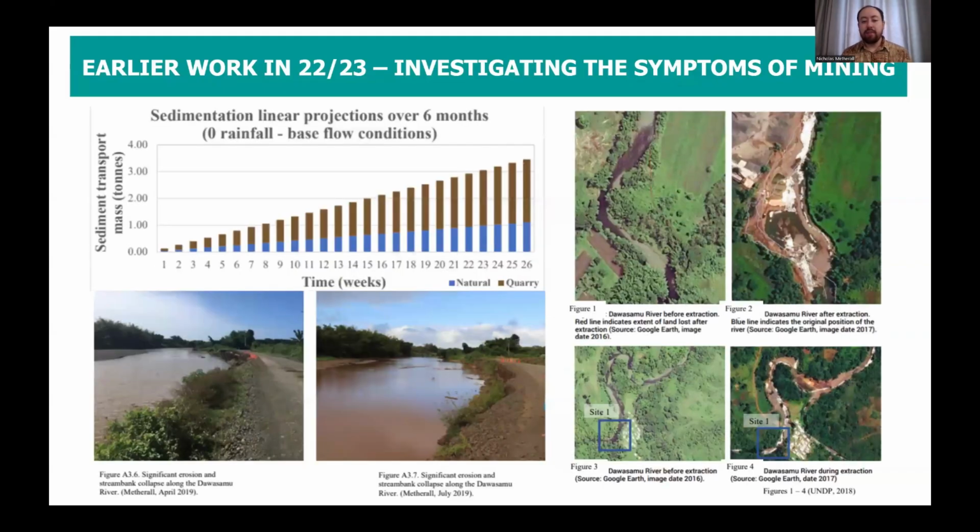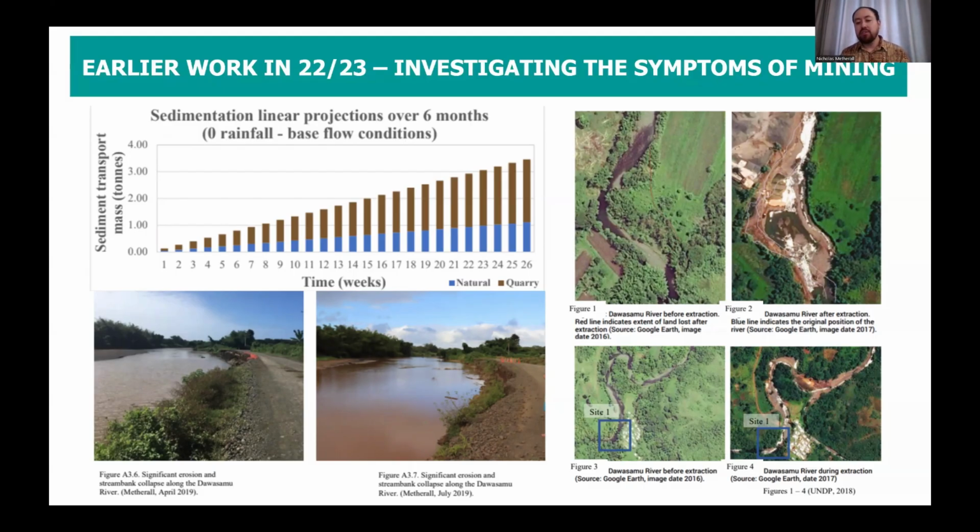We can also see impacts on water quality within the river itself. This can include greater volumes of sediment transport, turbidity, and other kinds of water quality disturbances. We can see greater erosion, leading to stream bank failure and stream bank collapse.